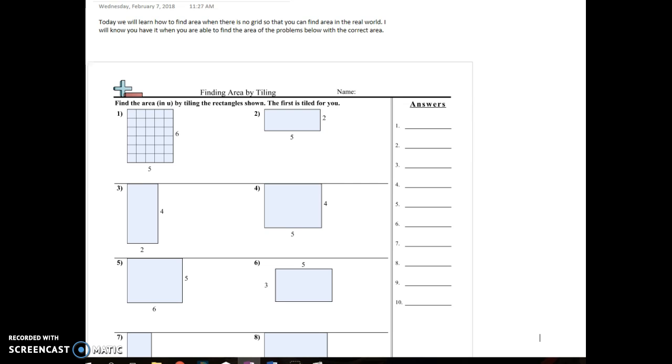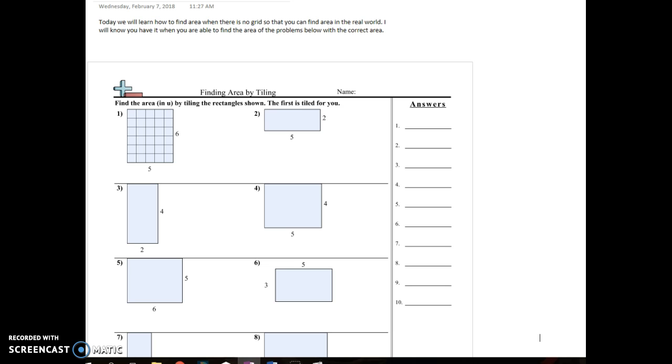I know it might not seem like a good thing, but it's a good thing because in the real world, when you actually have to find area outside of my classroom, there's no magic person coming and drawing the unit squares for you. Believe it or not, I'm not going to follow you around the rest of your life, and when you need to find area, I'm not going to draw those little unit squares for you. You're going to have to find area of things without counting. You're going to have to be able to measure the sides and get the area. So